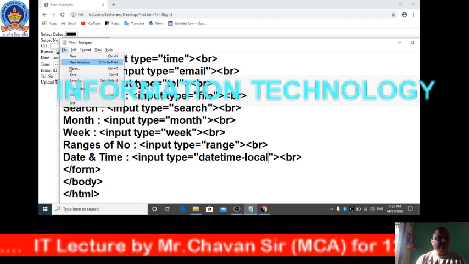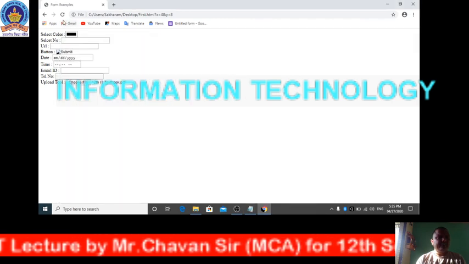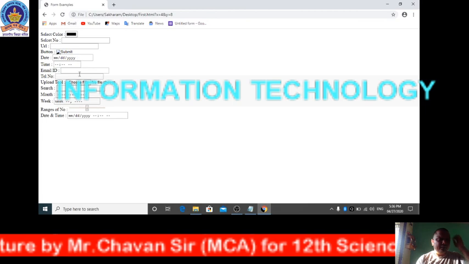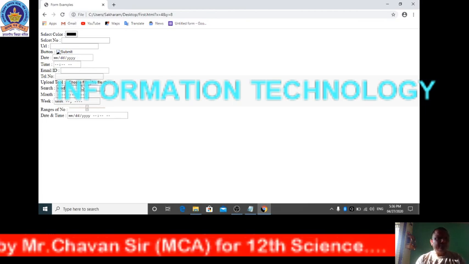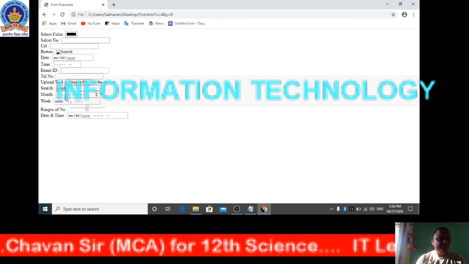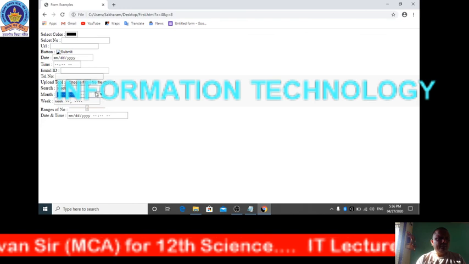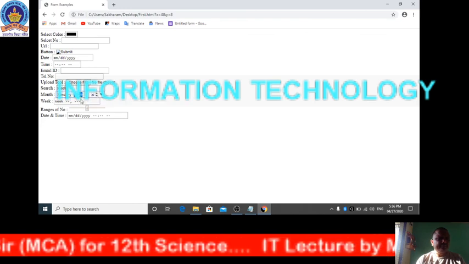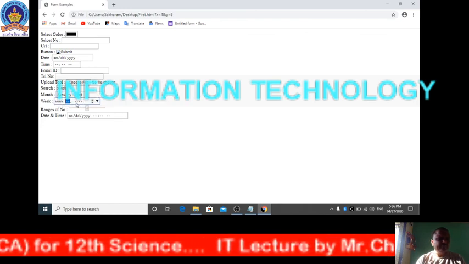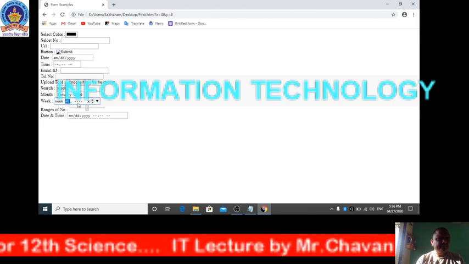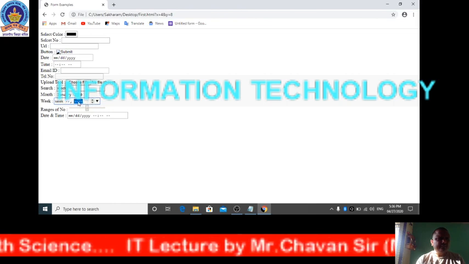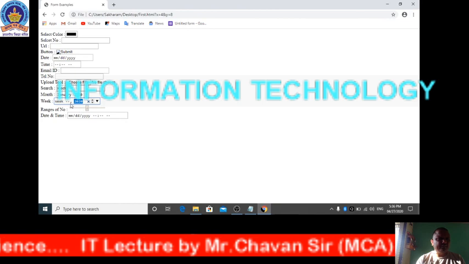Save the changes here, go to the file and refresh the window. Like this, you can use the search button to search any content from the web. Here you have the month, the week, the numbers, and this is the year.